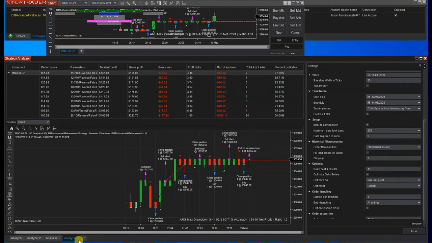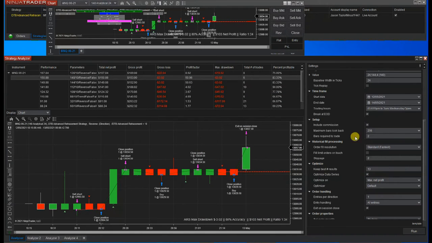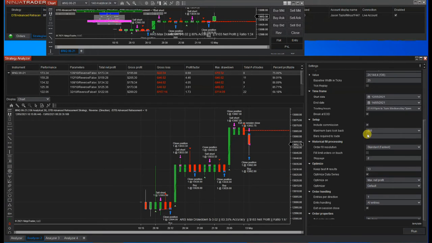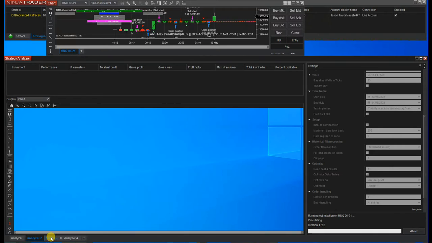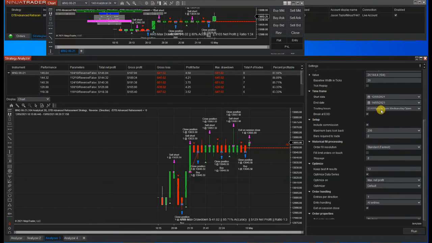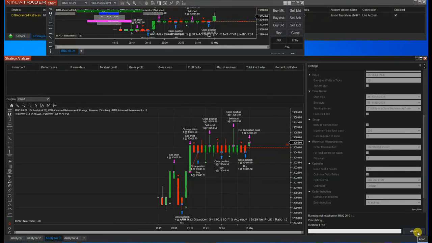Now you could also go the other way around. You can go to your first one and go 24. You can say, well, let me try a 20. So you can go to baseline width in ticks as 20 and you can run that. You can go to the next one and select, again you'll be very slow clicking this. If you click too fast it's going to freeze. Next one, we went 24, 20, let's go 18. So you can run those. So you're running those settings,